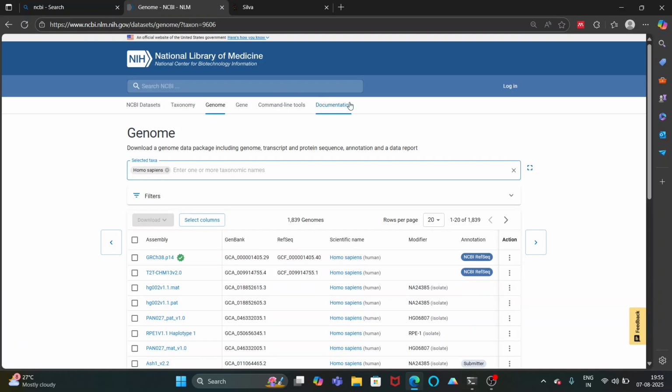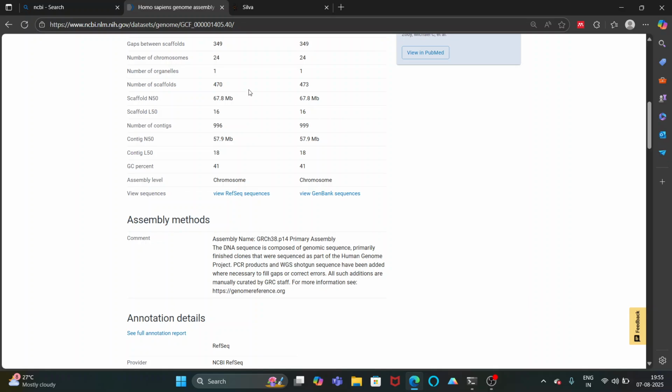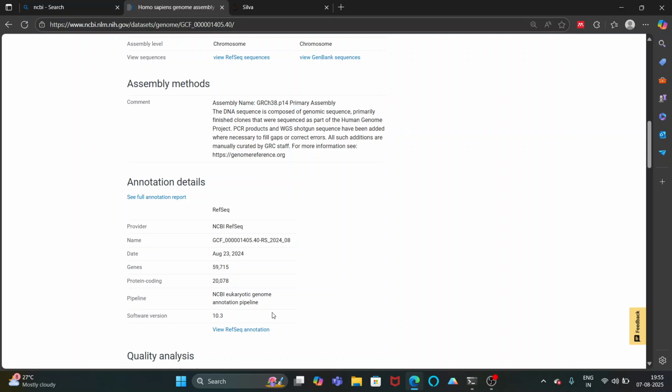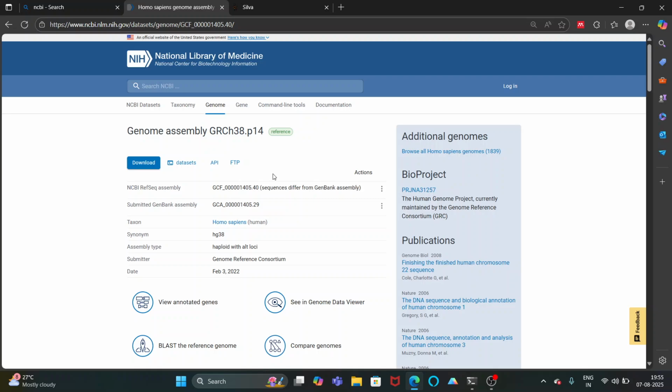This will give you the human reference genome file from different strains. This is the reference genome which has the tick mark. I will just click on it. This will open up this particular data. You can see different information here: 3.1 GB of genome size, the GC content percentage from the chromosomal level, and so on. You can just go through it. In this I will click on this FTP,